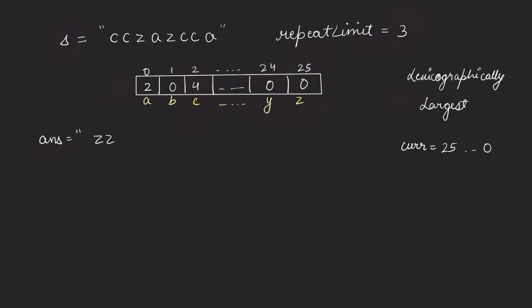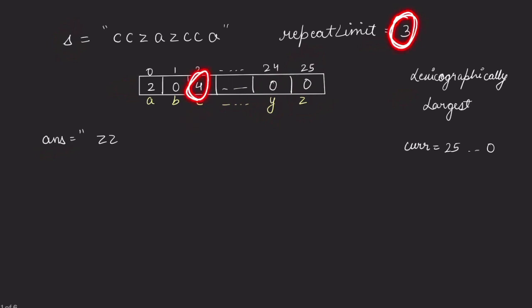Now again you will take the minimum of 4 and 3. Here 3 will be the minimum value. So we will append only 3 times. C will be appended only 3 times and its frequency will now become 1. Now you will see that there is still some frequency remaining for C, right? So what you will do is that